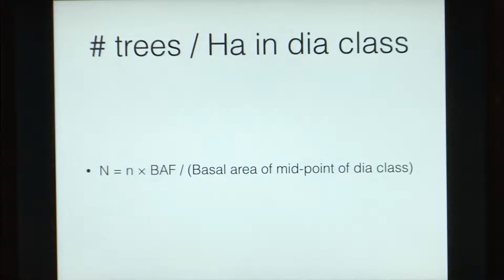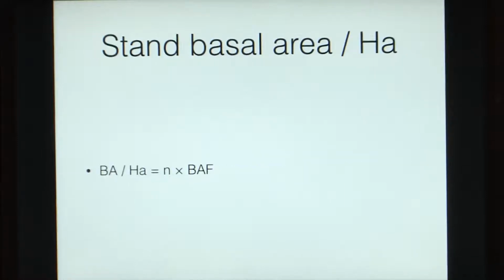We can even find out the number of trees per hectare in each diameter class by using this formula. Here N is equal to number of trees in that diameter class multiplied by the basal area factor and divided by the basal area of the midpoint of the dia class. We can also calculate the stand basal area per hectare, which is equal to the total number of tallies into the basal area factor,